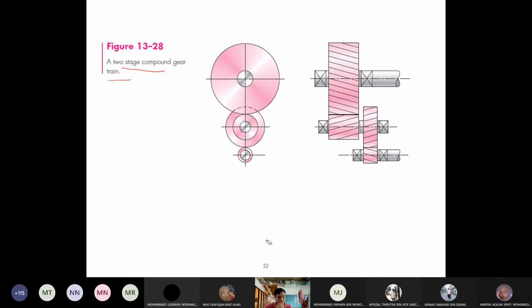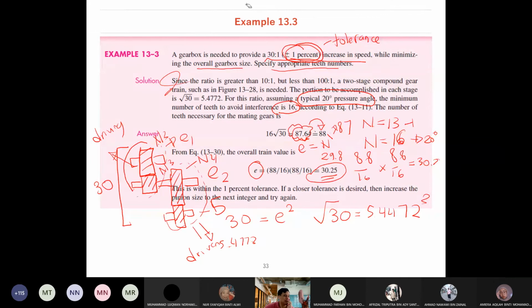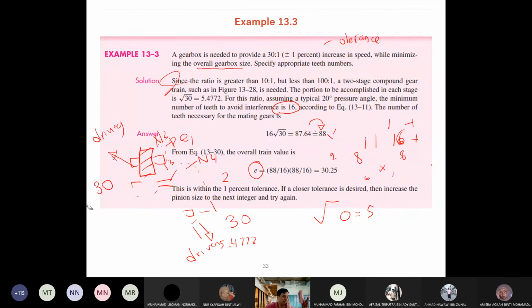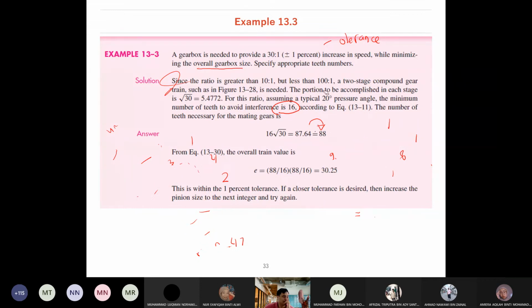Okay, kita baca soalan balik. Dia kata a gearbox need to provide. Saya terangkan balik again. Okay, a gearbox is needed to provide,